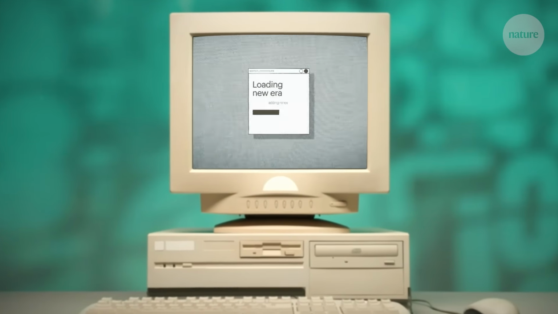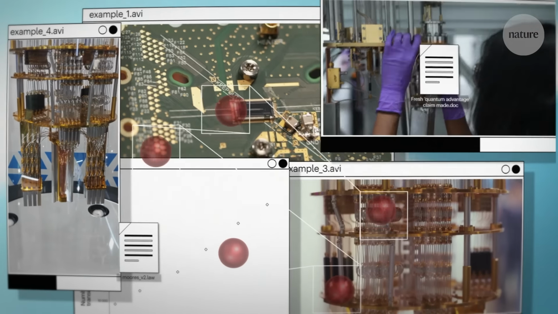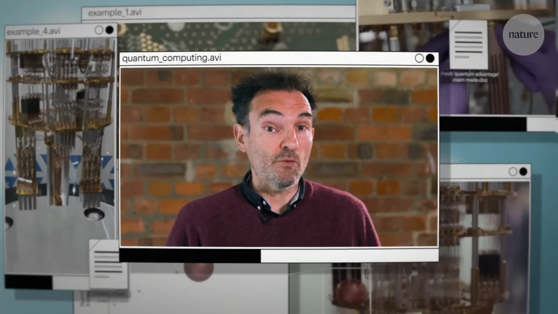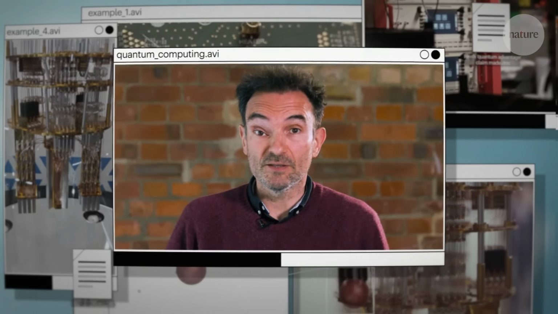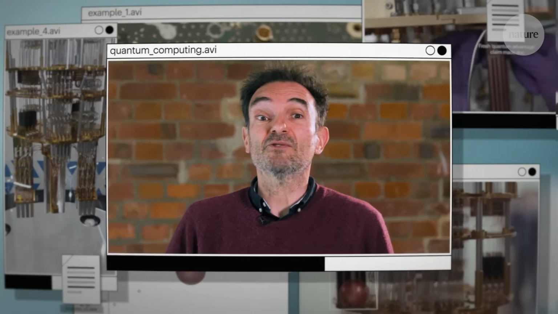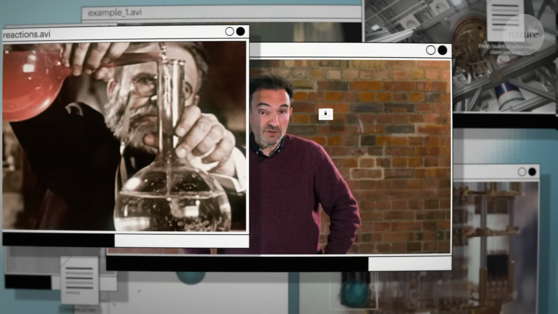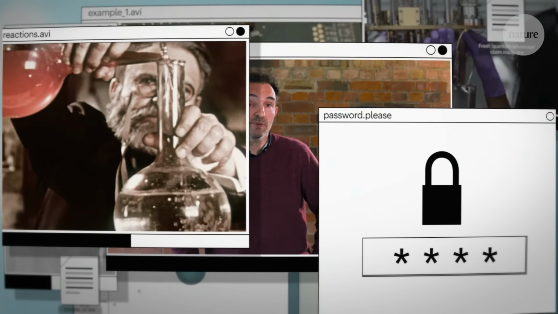Quantum computing is entering a new era. The pace of development has quickened, and there's a growing hope that the next 10 years could finally bring us machines capable of solving intractable problems, like predicting chemical reactions or cracking complex encryption. But how can a quantum device solve problems a conventional machine cannot? And what even is a quantum computer?